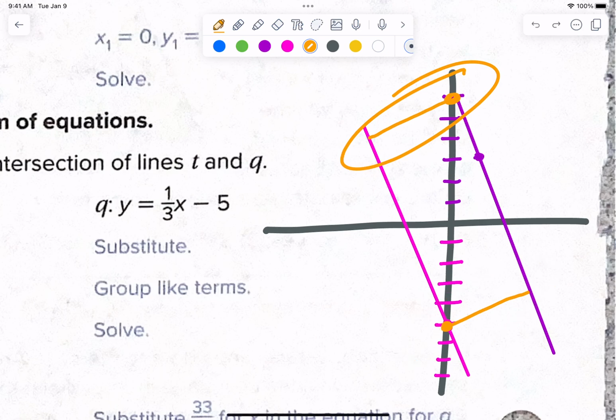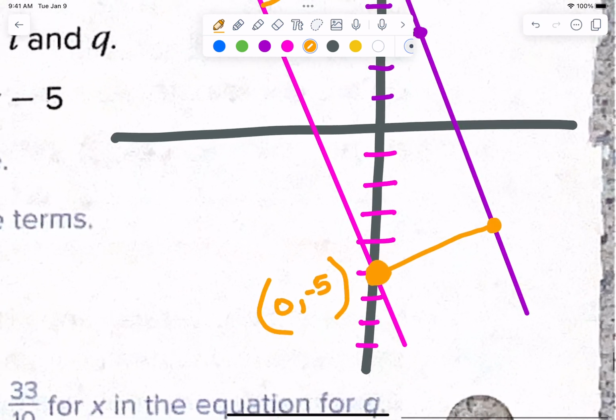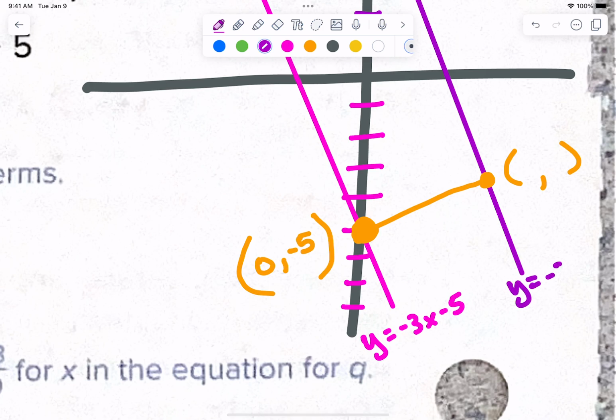Because what I want to do is find the distance. So I have to know what one of these points is. So let's pick this bottom guy down here. It doesn't matter. And let's say this guy right here is at (0, -5). I have to figure out where this dot is. You see that? Okay, now we don't know what it is. We're going to figure it out here in a second. This guy is y equals -3x minus 5. This guy is y equals -3x